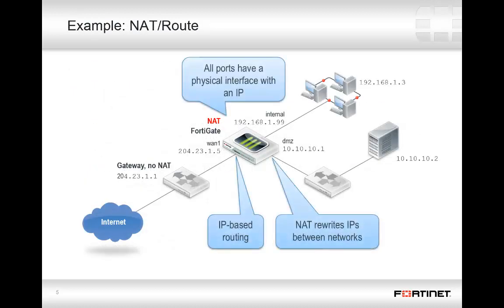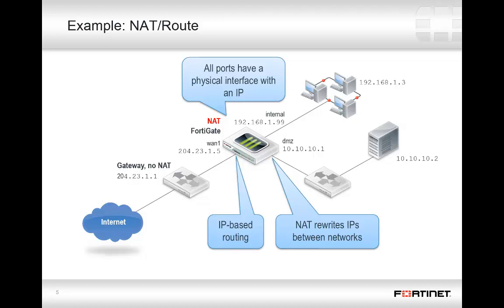Here is an example showing NAT. FortiGate has 3 connected ports, each with separate IP subnets and routes. All interfaces on the FortiGate have an IP address and NAT translates between networks. Firewall policies allow traffic to flow between networks. FortiGate forwards packets according to either static routes, which are based on the destination IP address at layer 3 of the OSI model,